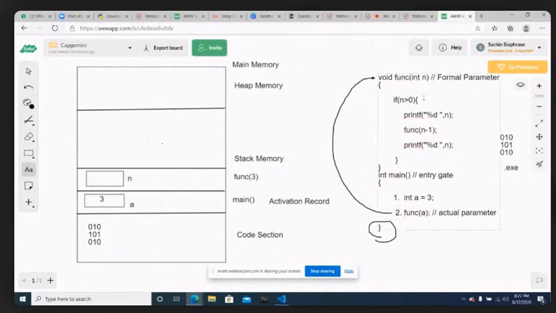Now, what is the value that you are passing? You are passing the value of a, which is 3. So now coming to the block n, the value that can be stored here is actually 3. Now coming inside this function,